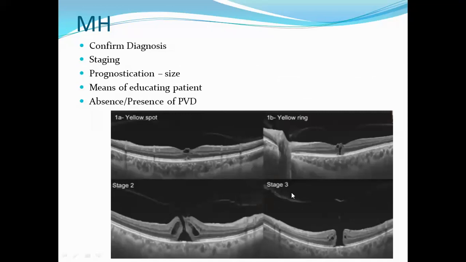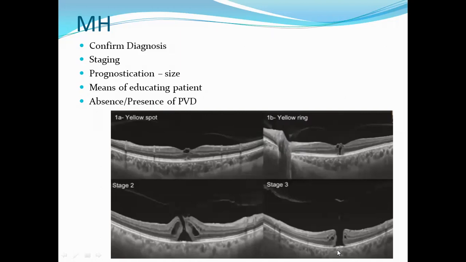Then coming on to stage 3 macular hole where there is localized separation of the vitreous from the macular hole. So यहाँ से macular hole से separate हो गया, macula से separate हो गया, but then there is not complete PVD. It has not separated from the disc. And when this vitreous separates from the disc also, there is complete PVD. We call it stage 4 macular hole.